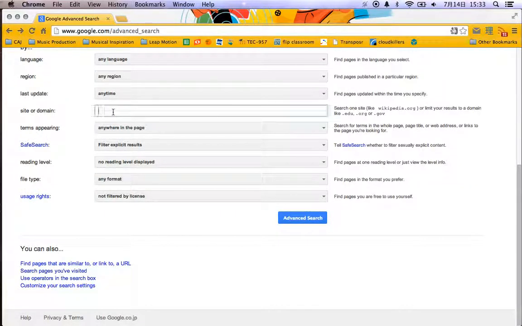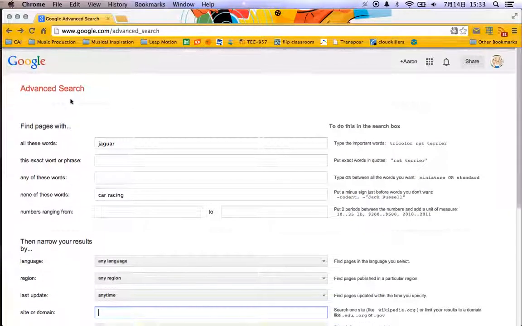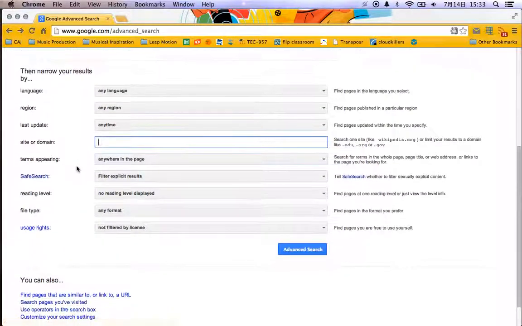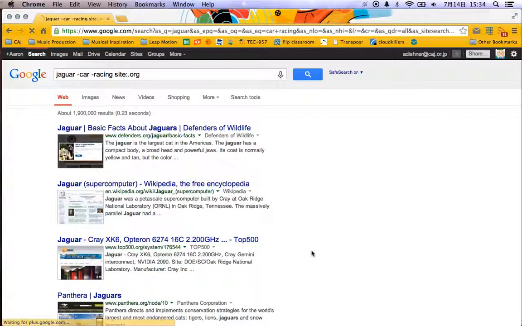or even we can search .edu sites. We can do that by, in the advanced search page, we go to narrow your results by, and right here, site or domain. So now we're only going to search .org sites. Now we're going to see a bunch of different information